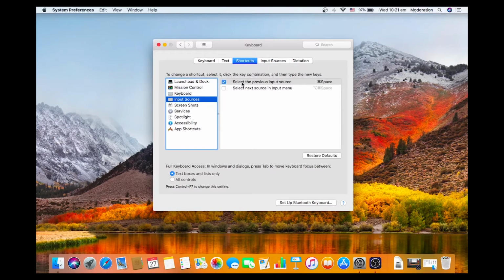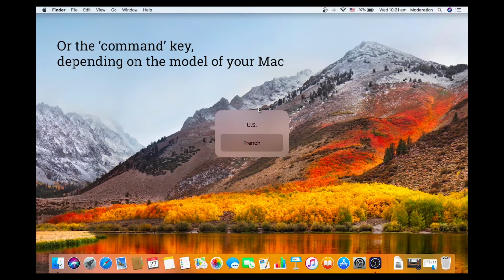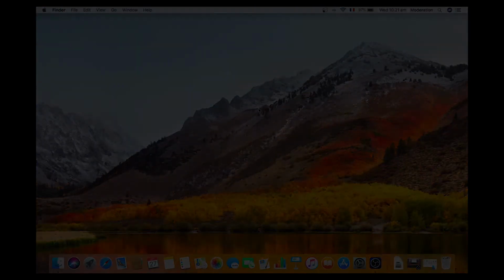Exit the screen. To verify that the shortcut is working and that you can switch keyboard inputs, press and hold the Control key on the Mac keyboard, then press the spacebar. A panel should display showing a list of keyboards available. While still holding Control, toggle through them using the spacebar. You should also test this is working in the exam environment before beginning the exam.